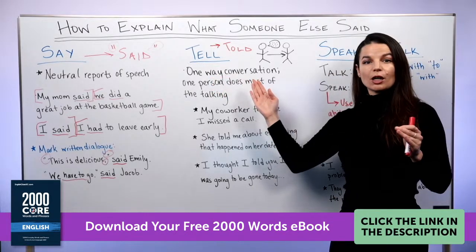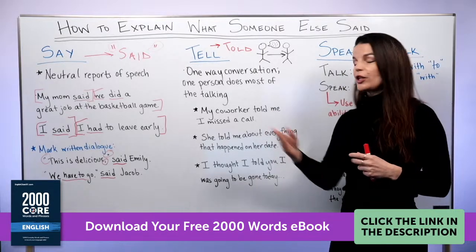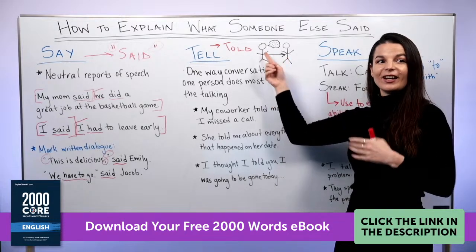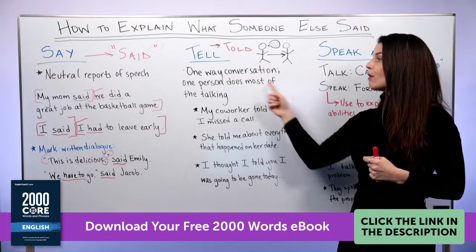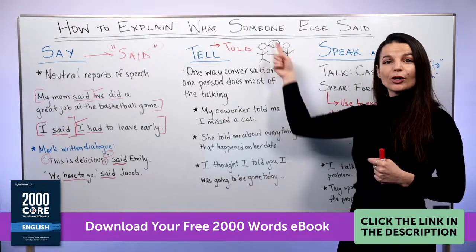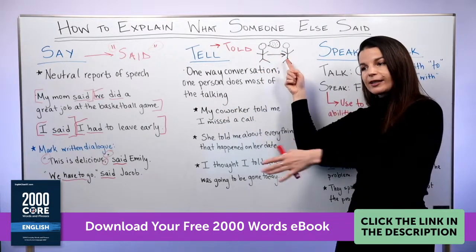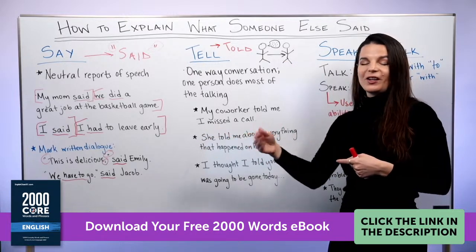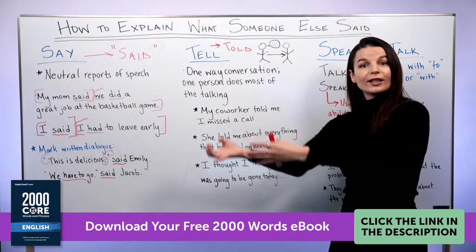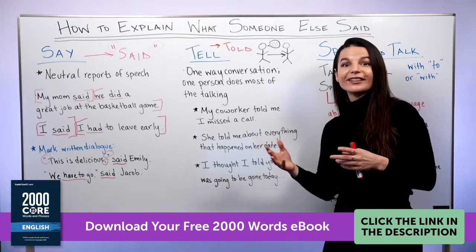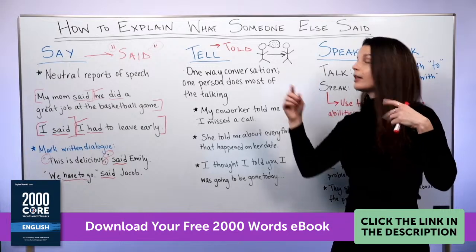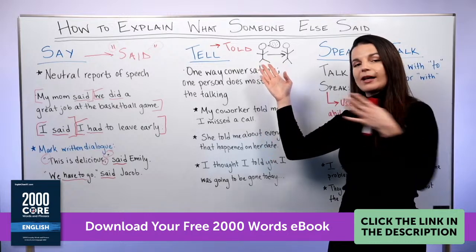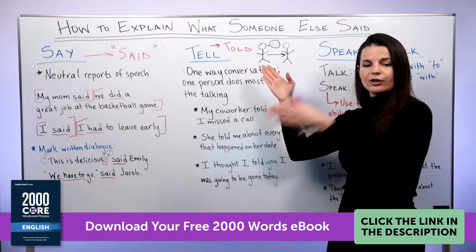Okay. So a key point with the verb tell and the verb told is we use this verb for conversations or situations that are like a one-way conversation. Like one person does most of the talking, or one person gives an order, like your boss. You only listen, or you say, oh, really? You're listening, of course, but the feeling with tell and told is that it's a one-way passage of information. So information is going one direction.